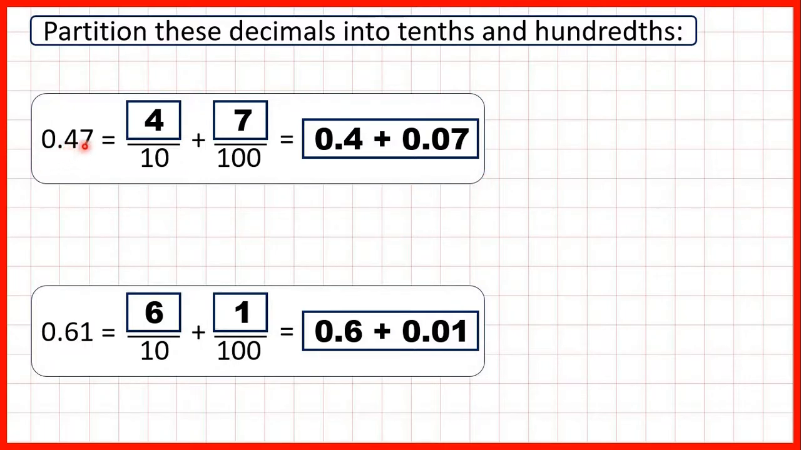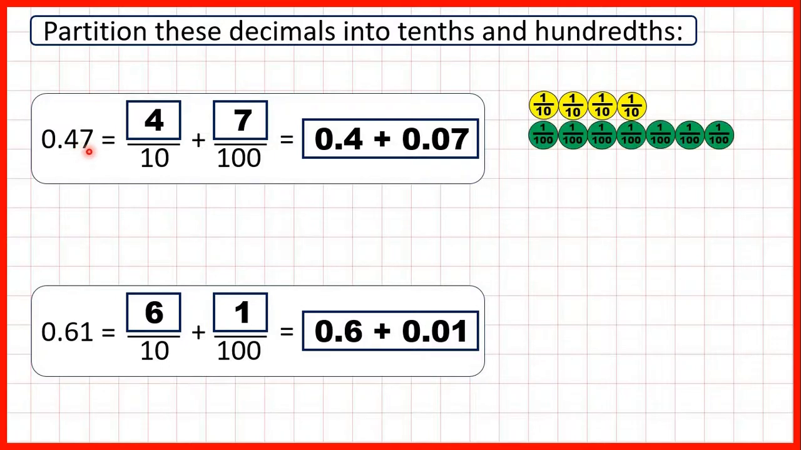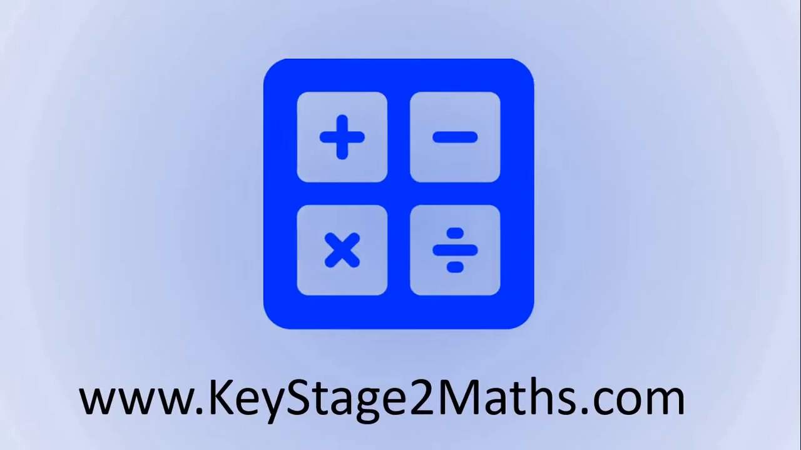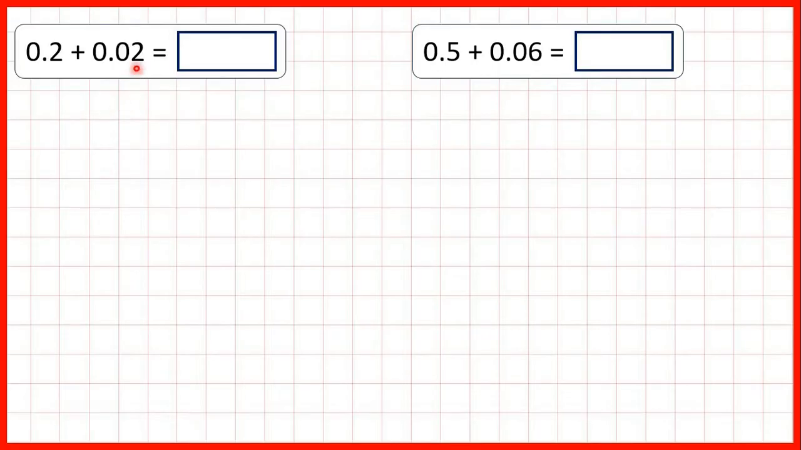With 0.47, we have 4 tenths and 7 hundredths. With 0.61, we have 6 tenths and 1 hundredth. In these questions, we're adding hundredths to tenths. So first we have 0.2 plus